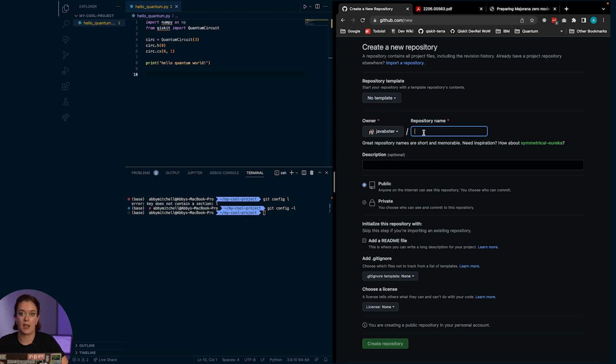I need to give it a repository name, and I need to make sure that the name I type in here is exactly the same as the name of the project that I have locally on my machine. You can also add a description. This is a one-liner to give the TLDR of what your project is, and it helps people when they're clicking through GitHub to find it. I'm just going to give it a very simple name, My Cool Project.